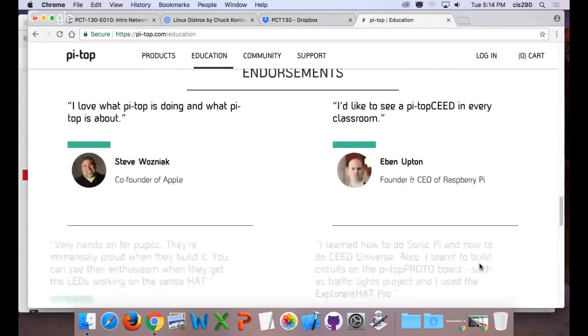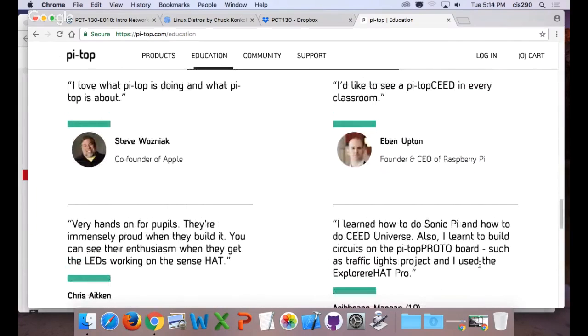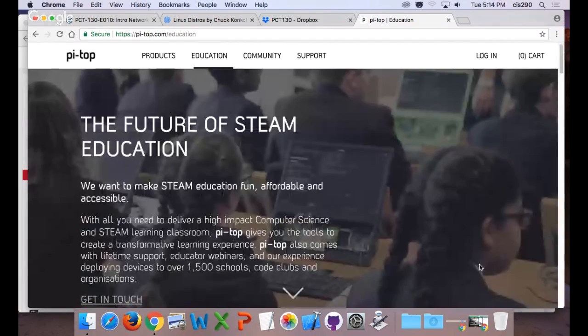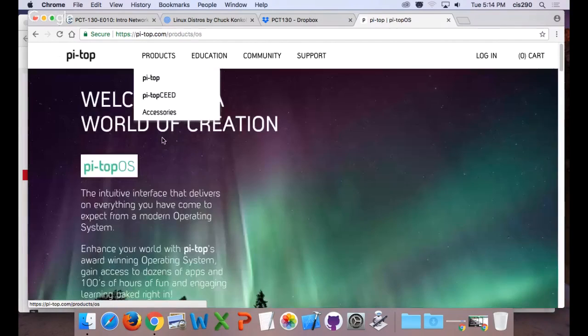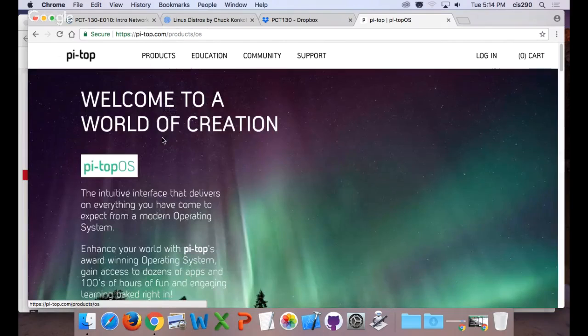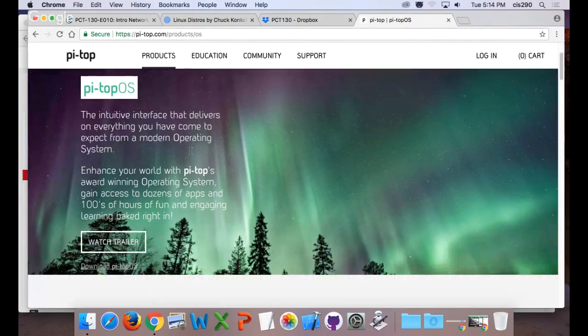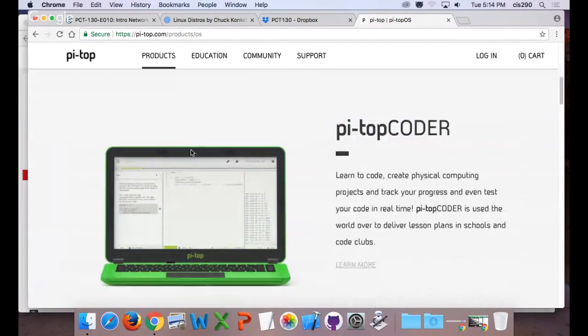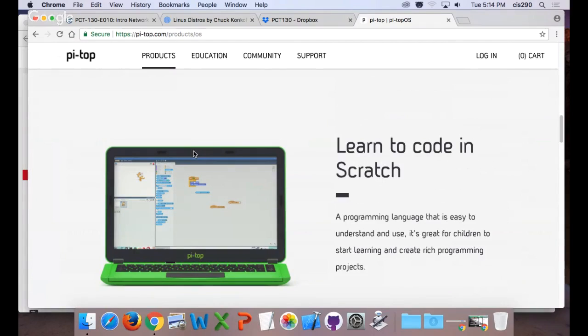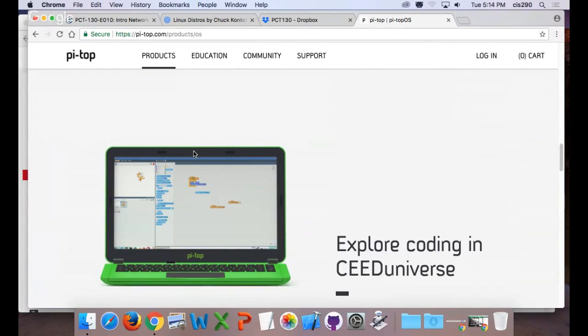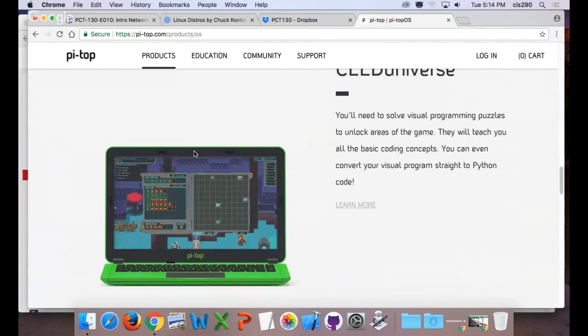I'll probably offer some more workshops next summer. So we had a lot of fun doing it though. And it's all a push for education. And the Pitop OS you can even download. You don't have to buy one of the devices. You can download the Pitop OS, which is a nice OS that again teaches kids coding from scratch using Python, and then Pitop Universe is kind of a game platform of how a computer is built.